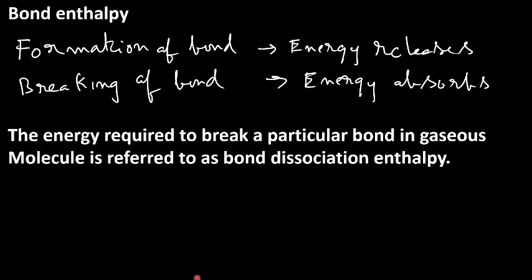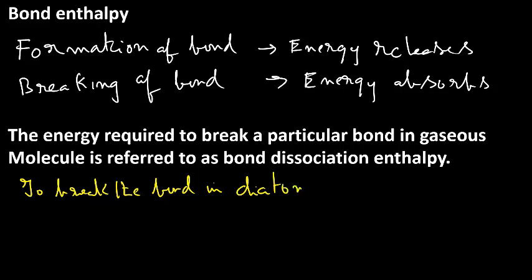Now let us see the bond enthalpy. The energy required to break a particular bond in a gaseous molecule is referred to as bond dissociation enthalpy. So here, to break the bond in a diatomic hydrogen molecule, it needs 435.4 kilojoule. 435 kilojoule. Therefore,